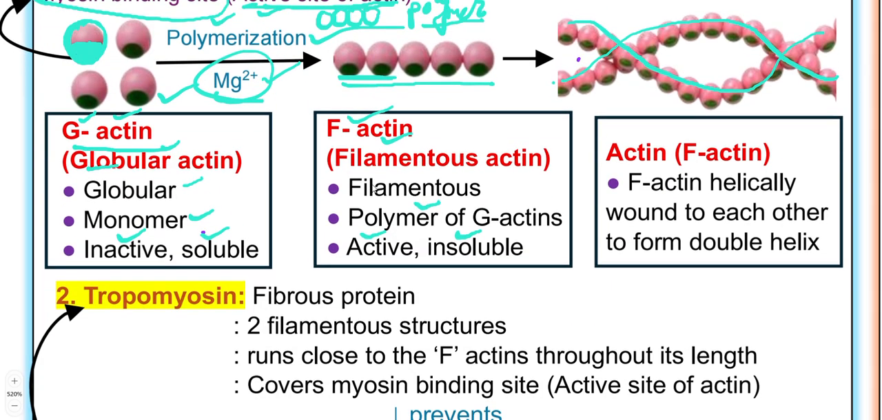So what is F actin? F actin is nothing but helically wound around each other to form a double helix. So 2 F actin is helically wound around each other to form a double helical structure. ठीक है. Then next